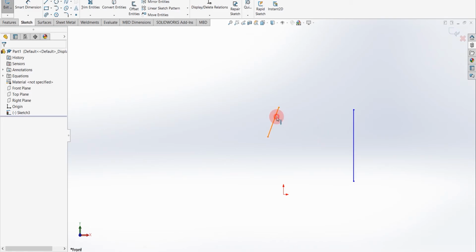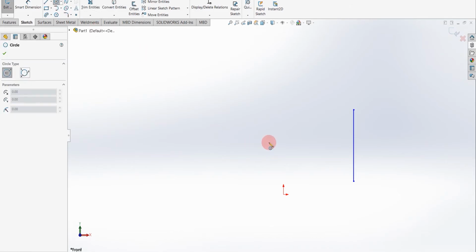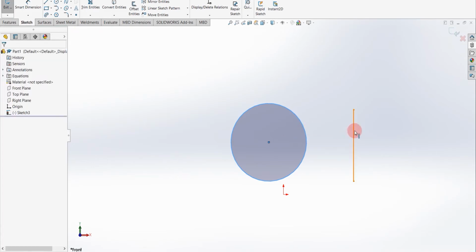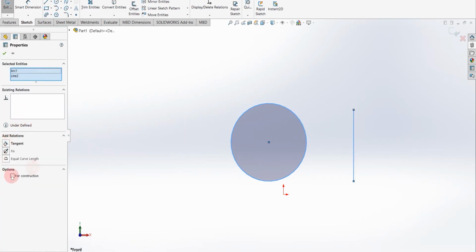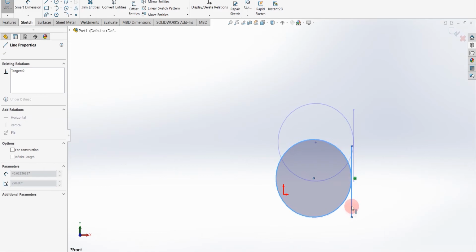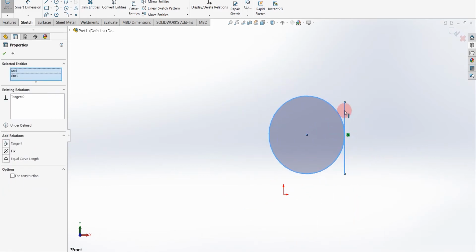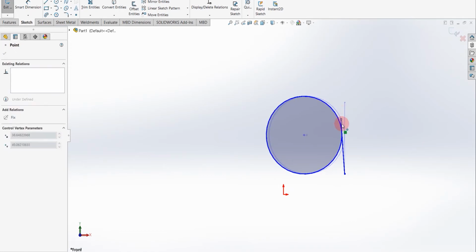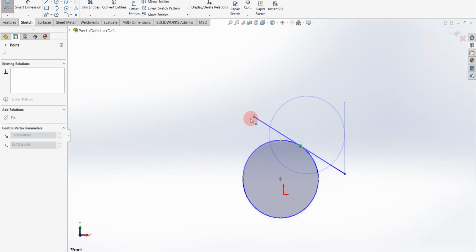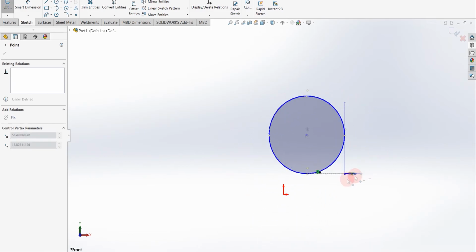Now for other relations, I am simply going to construct one circle. If I select this circle and this line, I am getting these two relations, that is, tangent and equal curve length. If I select tangent, this line is now tangent to the circle. If I try to move this line, the circle is also moving, and if I try to decrease the length of this line, you can see the line will always be tangent to the circle.